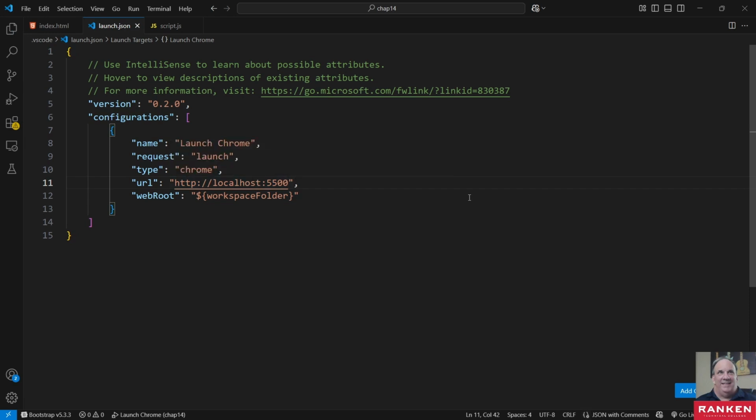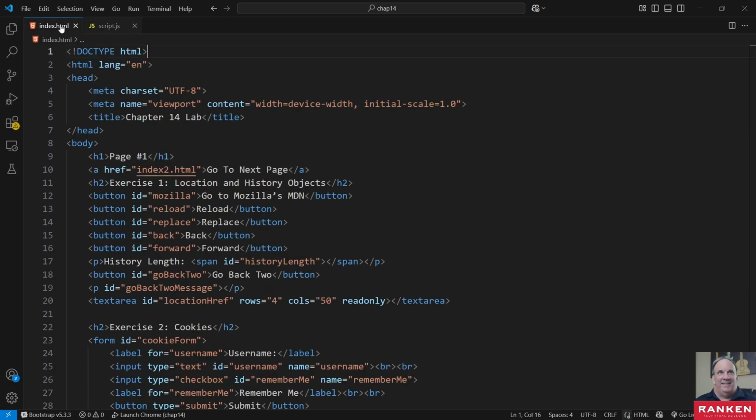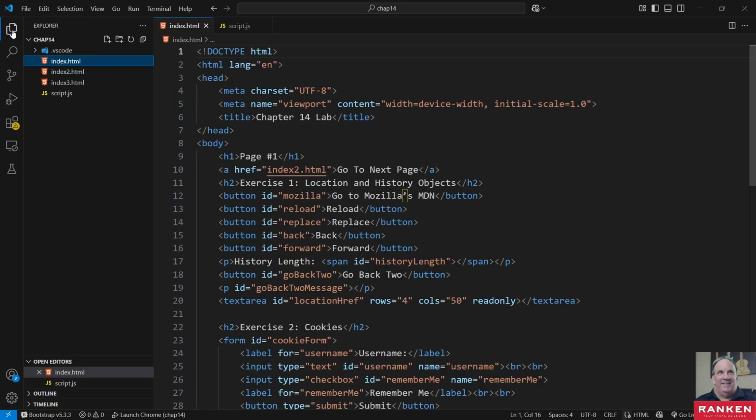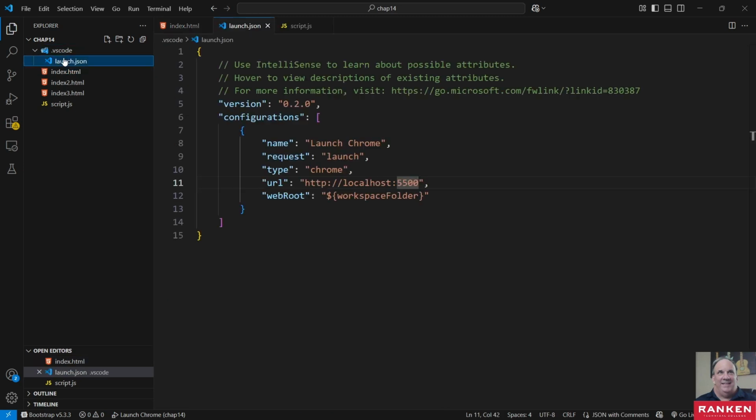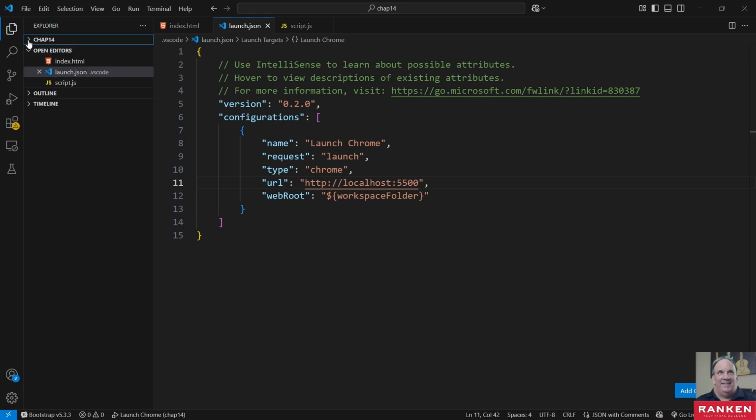Okay, I'm going to save this. So we're good now. And what that does, so now I've got this launch.json file. If I come over here to my file system under VS Code, it put this directory, right? And then it has the launch configuration, okay? So now, if I go in here and open up,